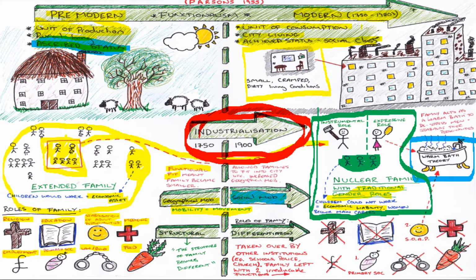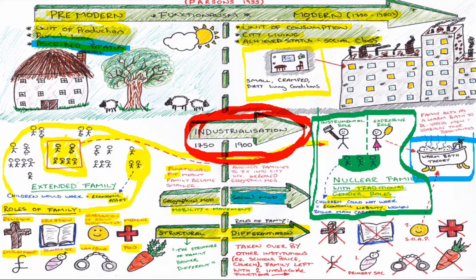So I'm going to jump back down to the role of the family and then how this relates in. In the pre-modern family, right at the bottom here were the roles. The family had those eight key roles: religion, education, stabilization of adult personalities, medicine, employment, primary socialization, rules and order, and food. Now, what happened as the family moved from the pre-modern to modern was the family became smaller, but also the structure changed. We went through this process called structural differentiation. The structure became different. So we know physically the structure became different, the family became smaller, but also the roles of the family became different.